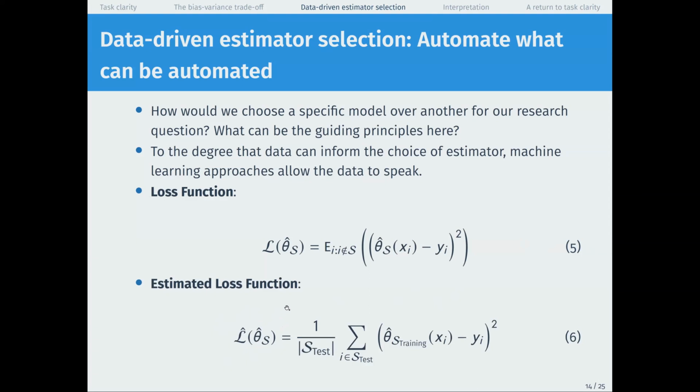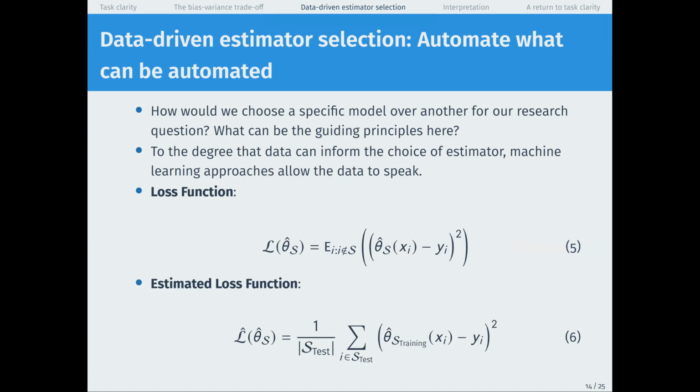This equation will look familiar to those who are familiar with machine learning. So this is just the average value in some S test. That's a set of units who are being considered a test sample. And they're a set of units who were not available to the algorithm for training. So it's the average over the test sample of the squared error from a model that was built using S training. So we built a model using S training, made predictions for everyone in a test set, S test. Then we squared those prediction errors and took the average over the test set.